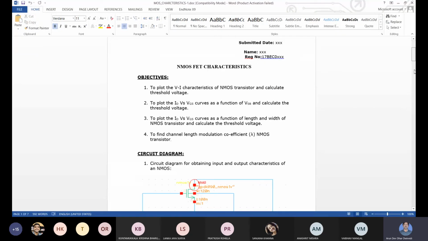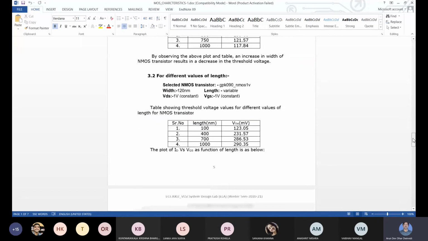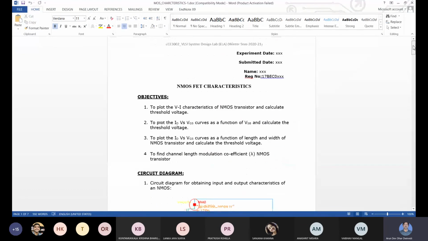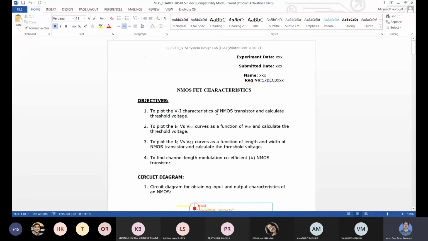This is the report, which covers almost all the things you have to do for NMOS. For the circuitry, whatever is given there, you can replace by the circuit you are designing in LTspice. So you can use your circuit in LTspice, but the general objectives are given.